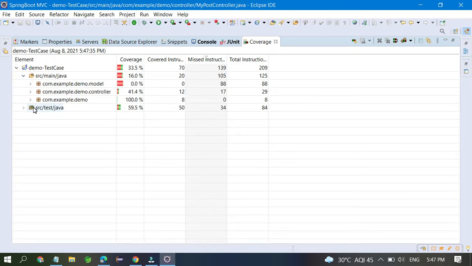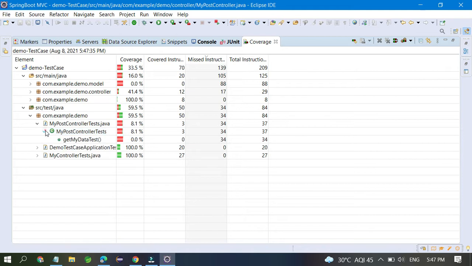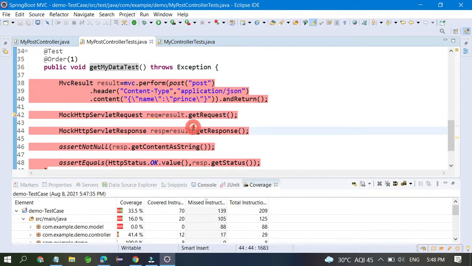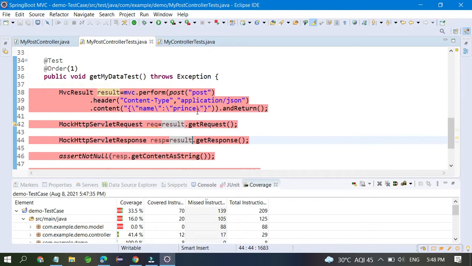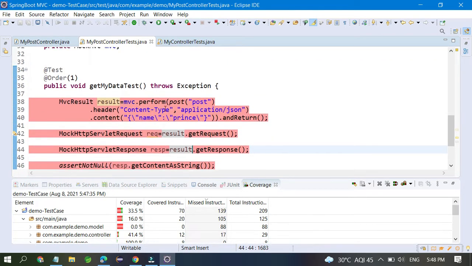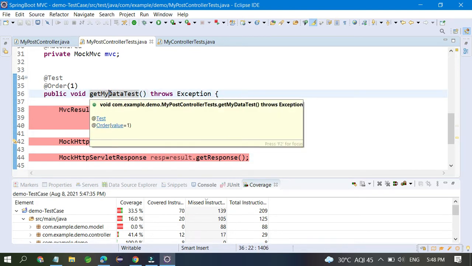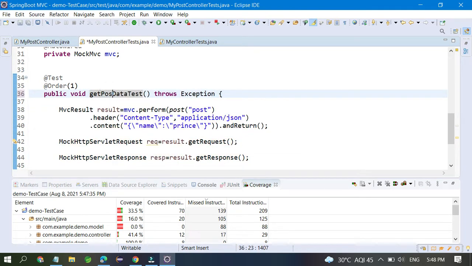So you have written 3 test cases, my post. So this is not running, this is something different. Get my data test, get my data test. Okay, fine. Get post data, and not just one only, you can write 2.